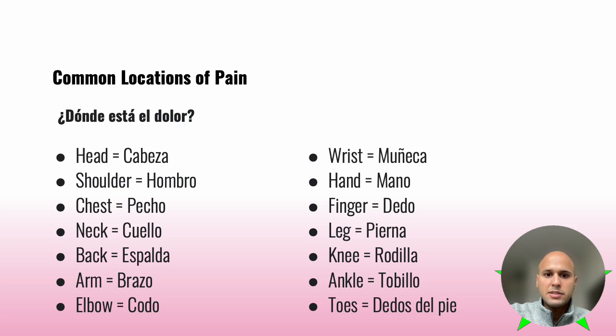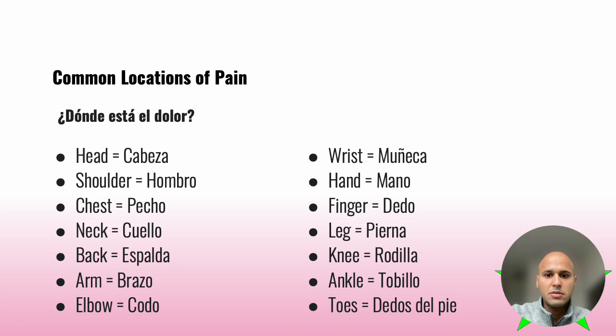If you see the little sign on top of the N, then it would sound different. It would sound depending on the letter that it has right next to it. So if it's an A, it would be ña. If it's E, ñe. If it's I, ñi. If it's O, ño. If it's U, ñu. So it really depends on the letter coming after. So in this case, an E, so it's ñe. Muñeca,